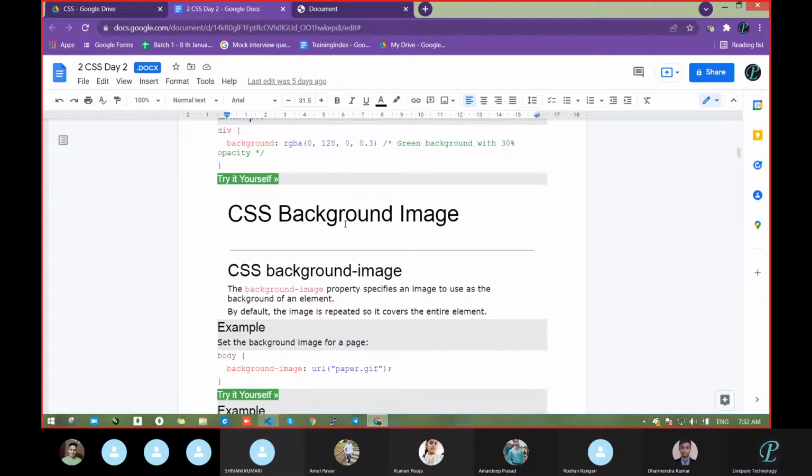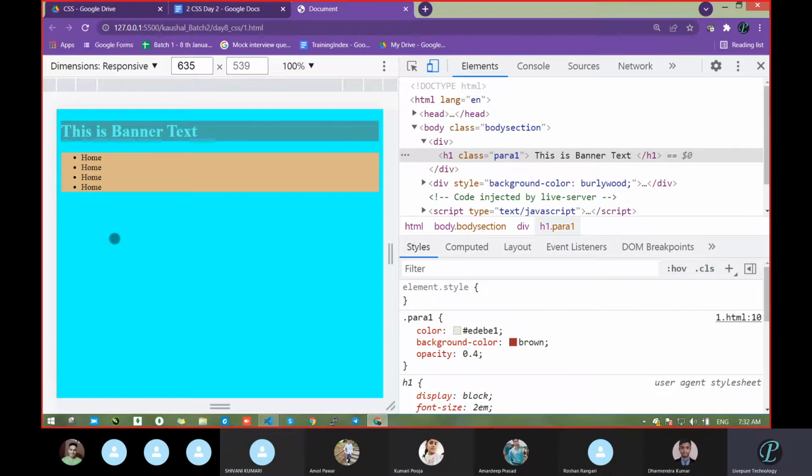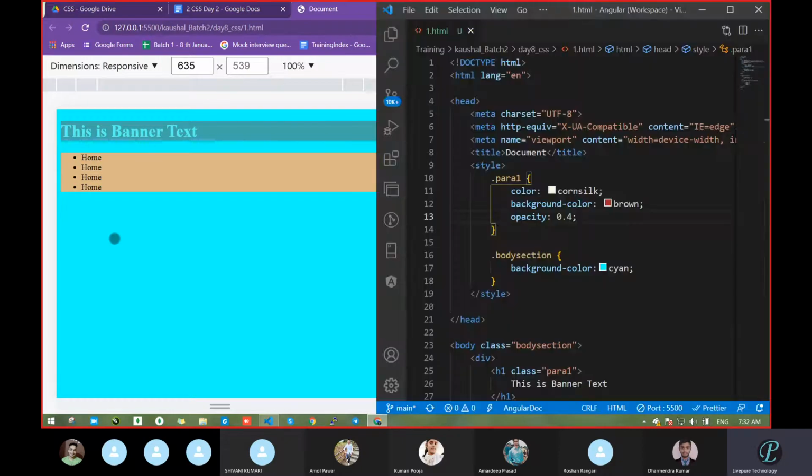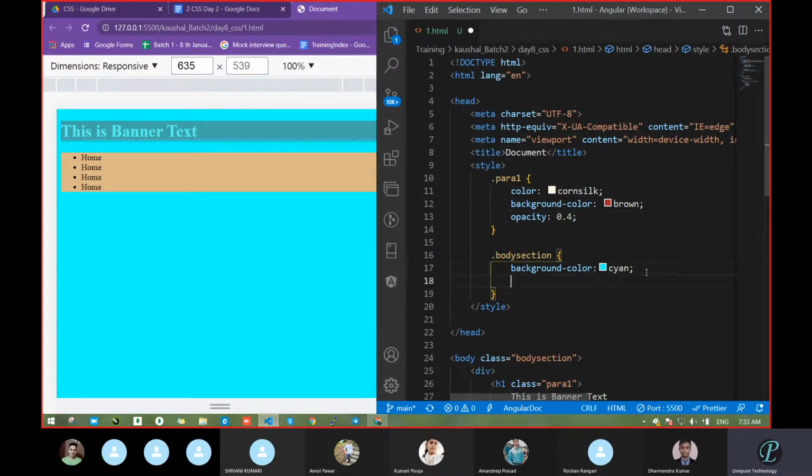Correct. Let's move next. Next is background image. Already we had discussed this. See, whatever CSS you are getting, we already know it. This is just a quick revision, you can imagine. So next is background image. Suppose you have to pass an image in the background, how will you do it? Can anyone tell me the code? I want it in the body section. Shivani, tell me how we can do it. Shivani, who is sleeping, just tell me the code.